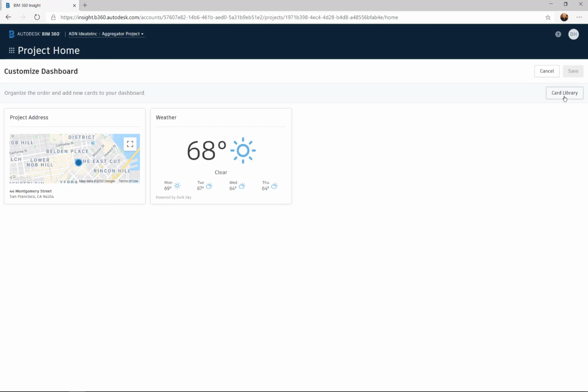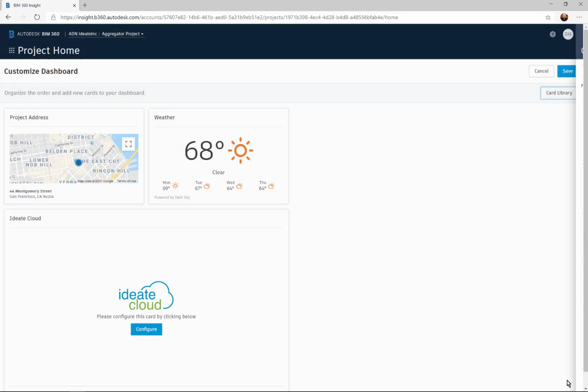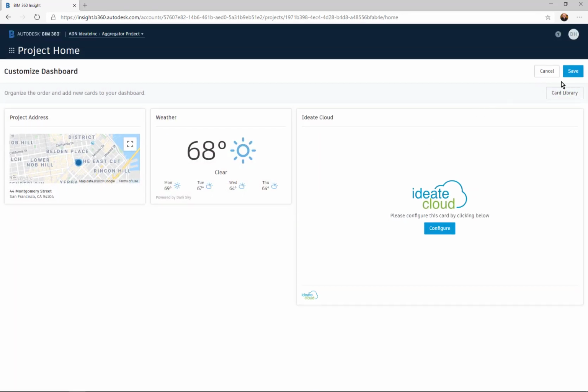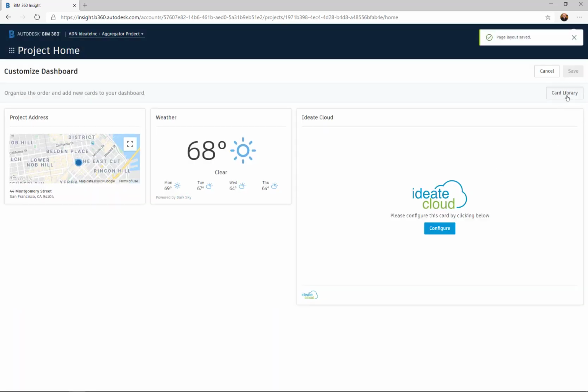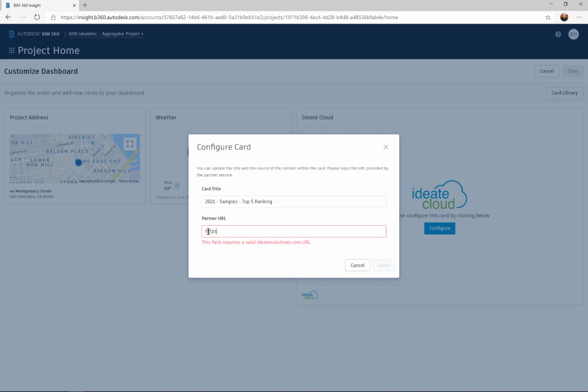So move this over to here. Save. Configure. And maybe we want to look at our project from 2021 samples. Top 5 ranking. And we type in here what we've used before, which is